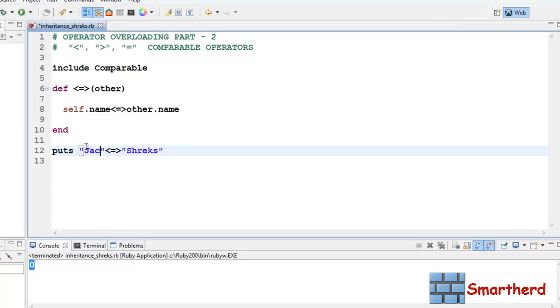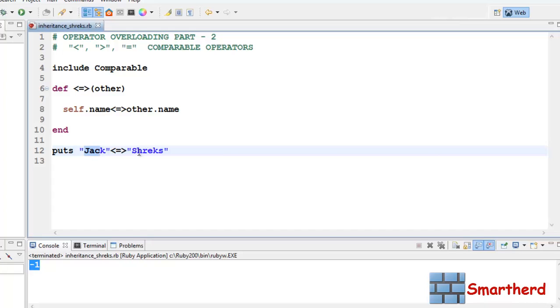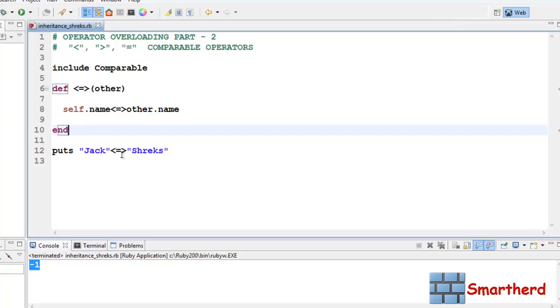Let's save it and execute it. Yes, we get the value -1 because this time LHS is smaller than RHS. Now guys, when <=> is encountered, this method is called, and practically we are comparing these two values in this method.